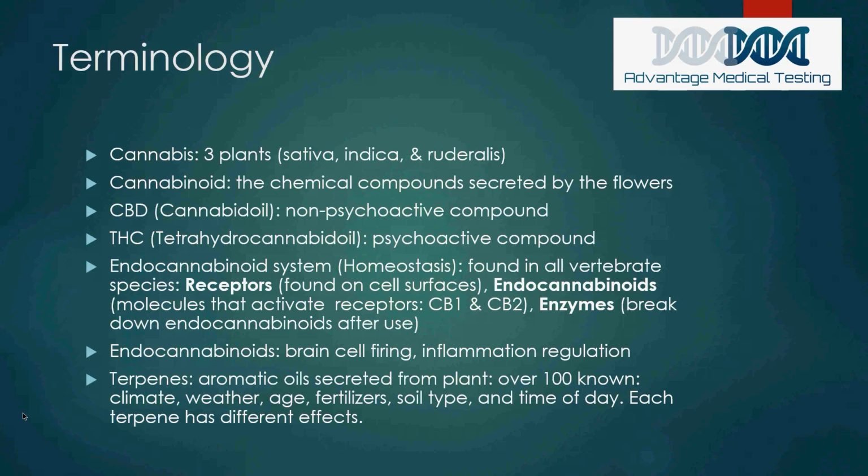Some of the things that our endocannabinoid system is responsible for: the actual firing of the brain cell neurons, right? The electrical impulses between our brain cells are partly regulated by the endocannabinoid system. Also, very important and interesting here, it is responsible for inflammation regulation. Now, in some of our previous panels, we dealt with inflammation quite a bit. So this is the first time we're going to be talking about this.